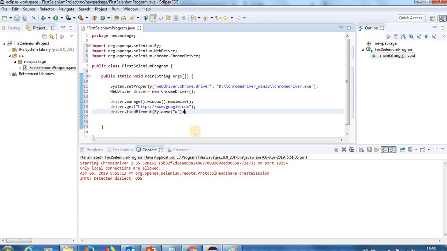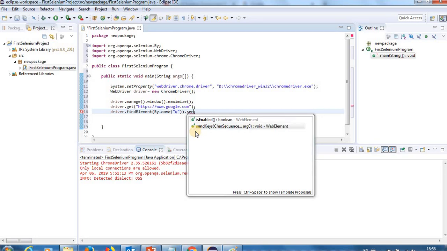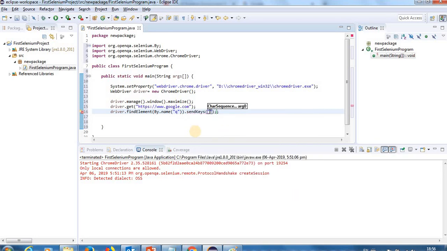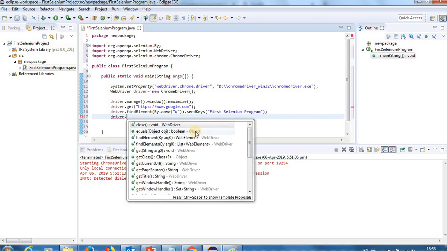And we will type something, sendKeys. And I close my driver.